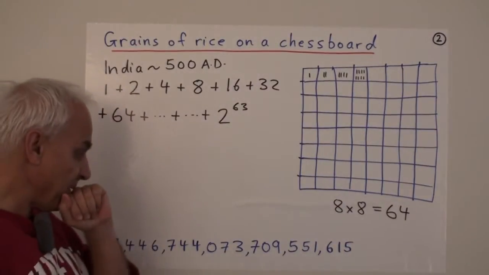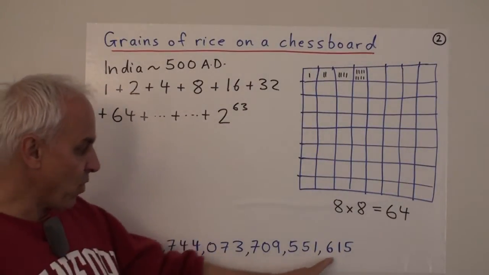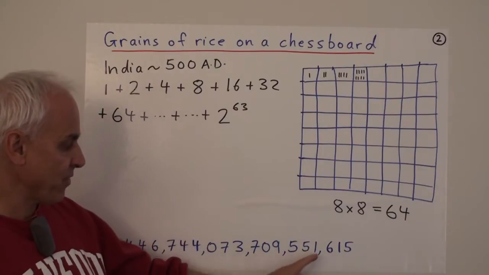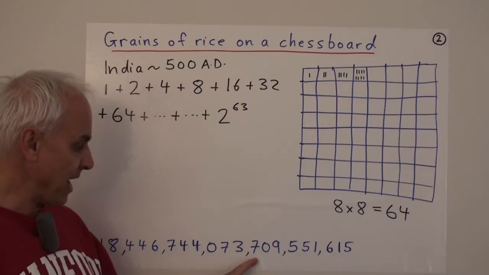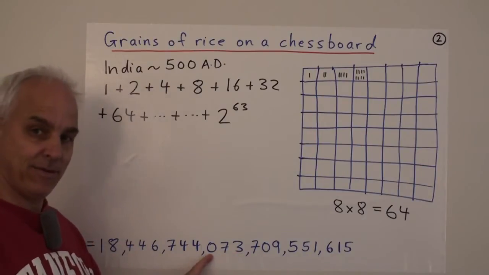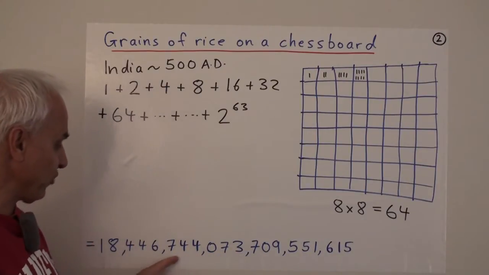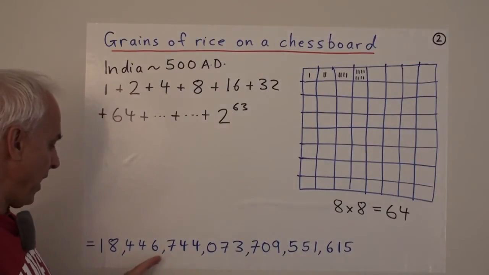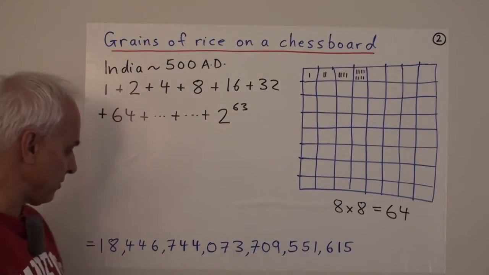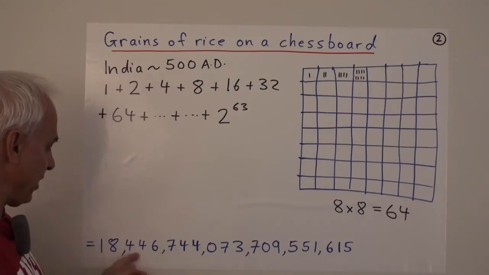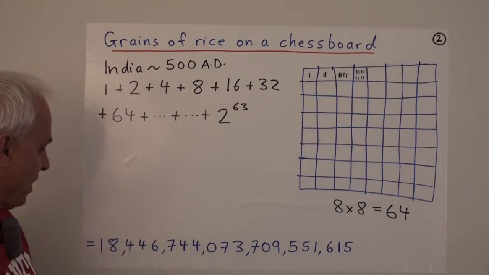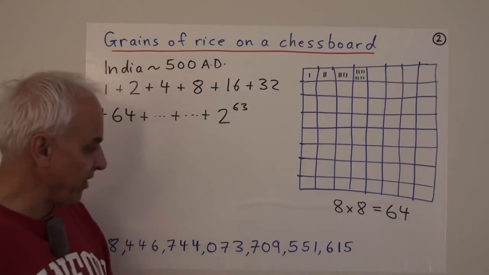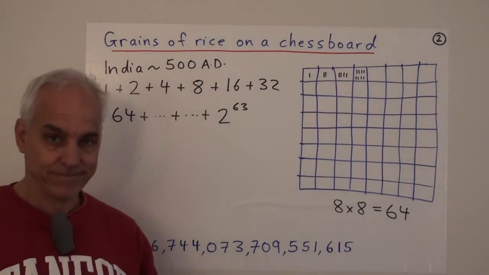And you can see that it's a very big number. So here are sort of the ones, tens, hundreds. Here are the thousands. Here are the millions. After the millions come the billions. After the billions come the trillions. And then, well, it's not entirely clear what comes after trillions. Quadrillions or something perhaps, I don't know. So even to say what this number is a bit of a challenge.